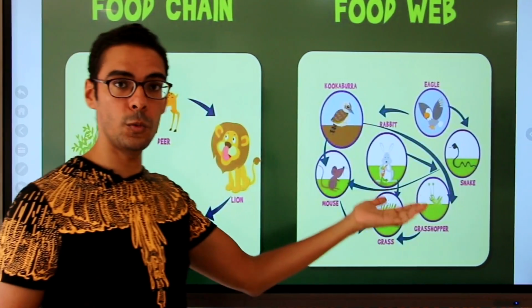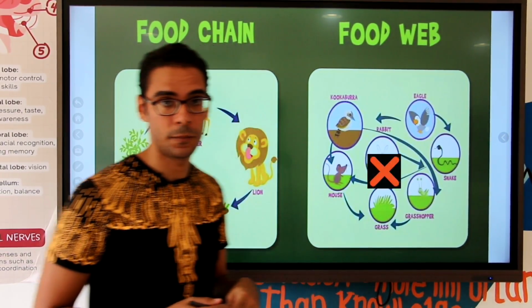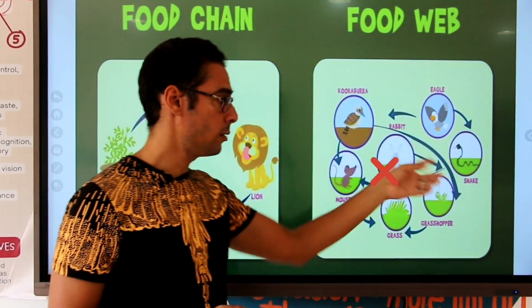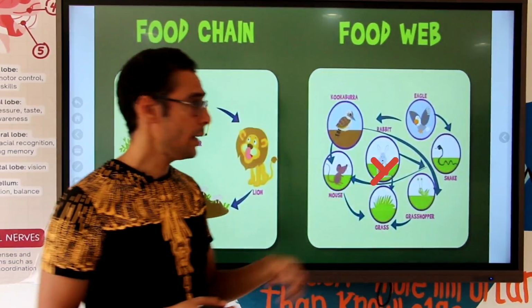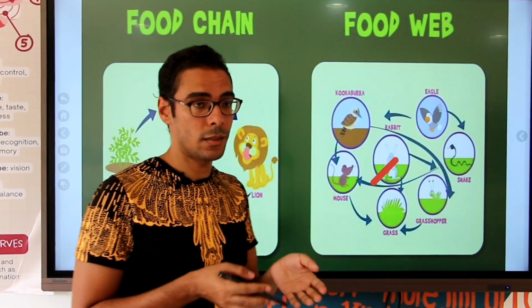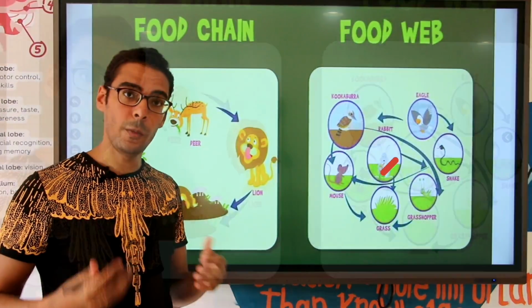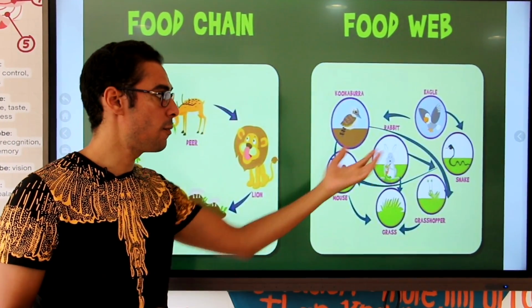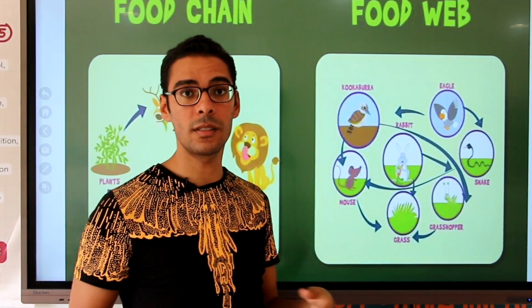But look at the food web. What happens, for example, here if the rabbit disappeared? I guess all animals there will find a replacement. For example, if the rabbit disappears, I guess the eagle here doesn't depend necessarily on the rabbits only. We have many replacements. That's why we have the food web, which is made up of more than one energy chain, all of them connected together, and that makes the ecosystem more stable.